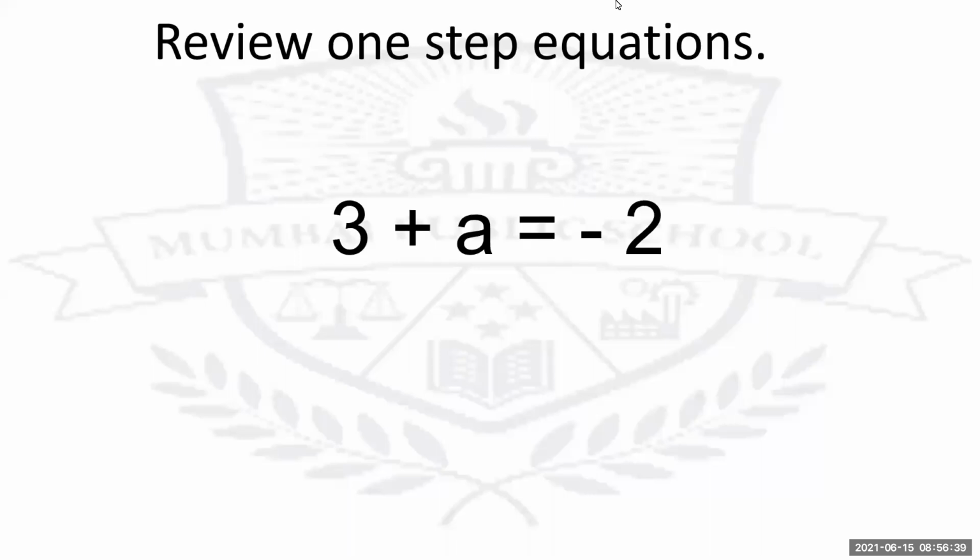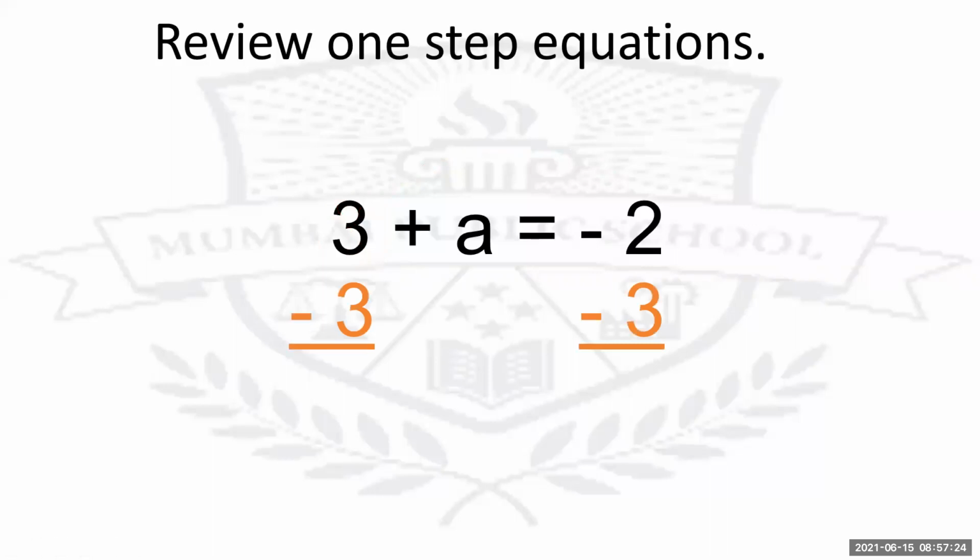Now, in this case, what we were doing is we were shifting or eliminating this 3. What we are going to do is simply shift this 3 to the other side. So if you want to eliminate this 3, what are you going to do? It is plus 3. So if you want to eliminate plus 3, you add minus 3 on both these sides.